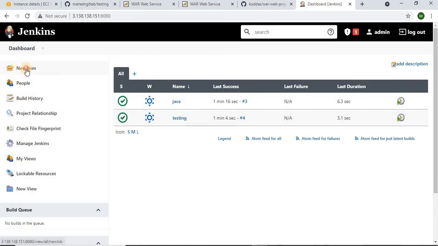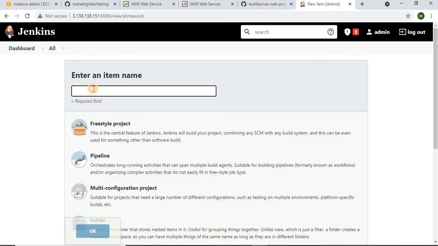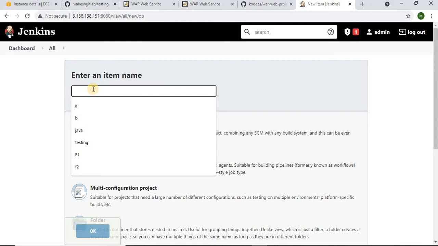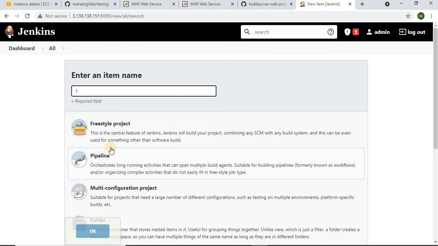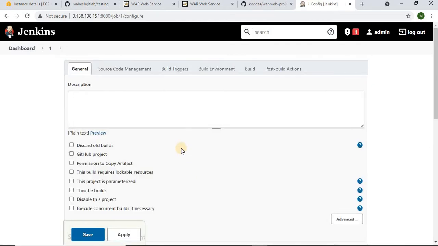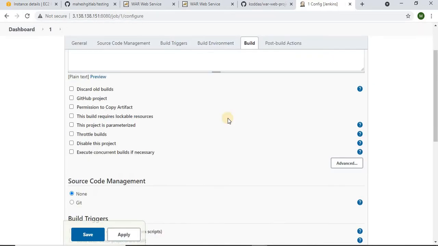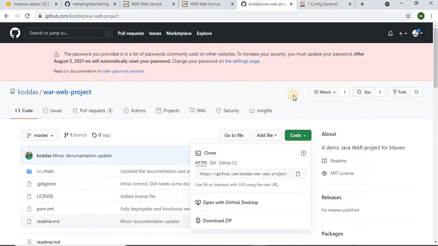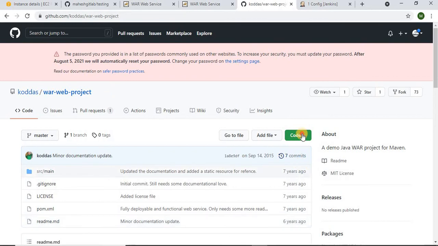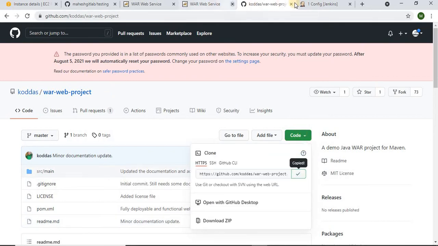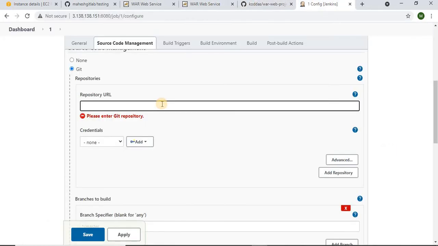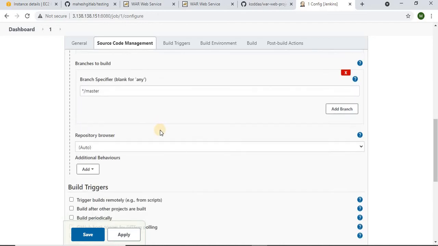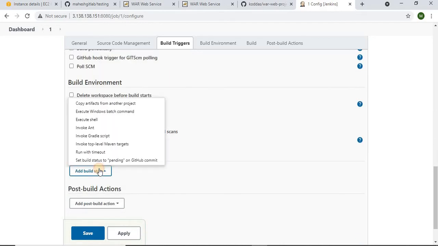Otherwise, let me create one more project simply. Let's say project 1, freestyle project. Let us see, just a quick review kind of thing. So what I have to do: source code management, select Git. I am just giving this URL to download, so it downloads here. Next I'm coming to build.